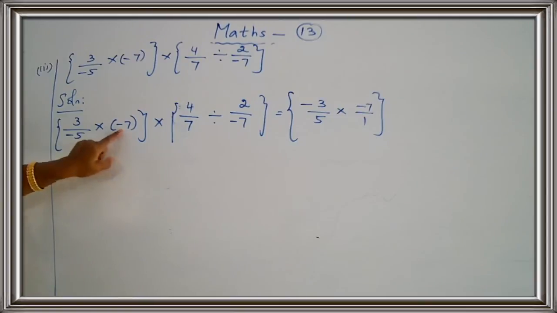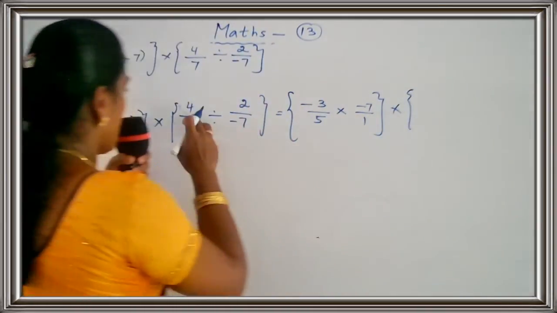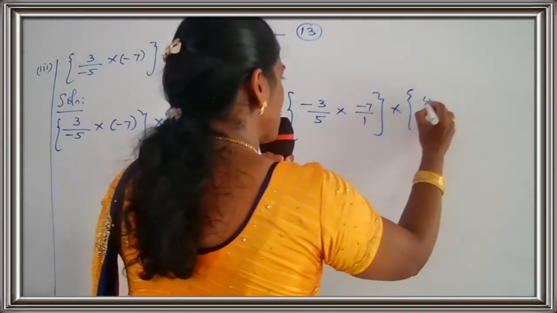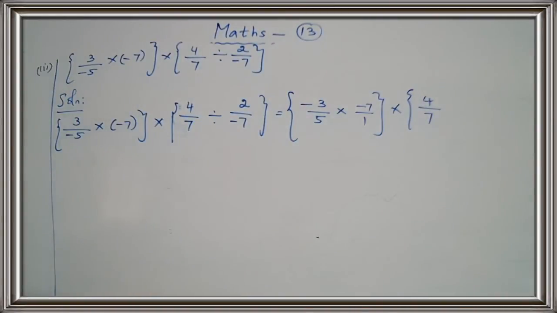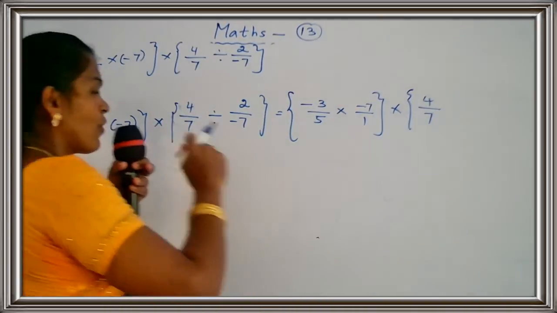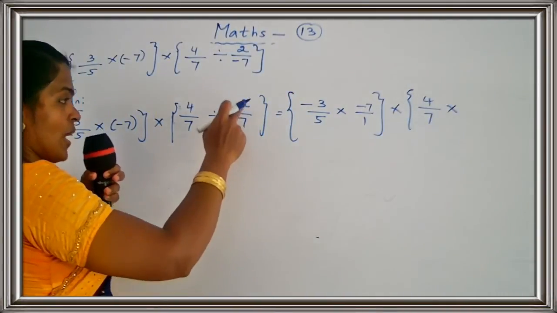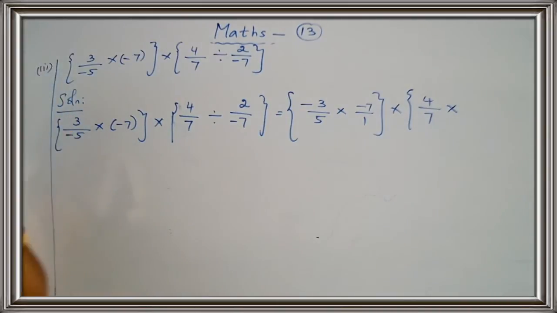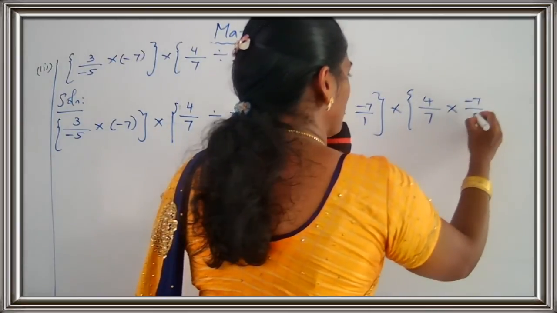Okay. Now you multiply. Here all the operations are now multiplication only. So in multiplication we multiply numerator by numerator and denominator by denominator. So minus 3 into minus 7. Minus into minus is plus. 3 sevens are 21 upon 5 multiply. Here 4 7, here 7 7 cancel. Yes. 1 7 is 7, 1 7 is 7. So the remaining is 4 here, minus 1. So 4 into minus 1 is minus 4 upon 1 2 is 2.